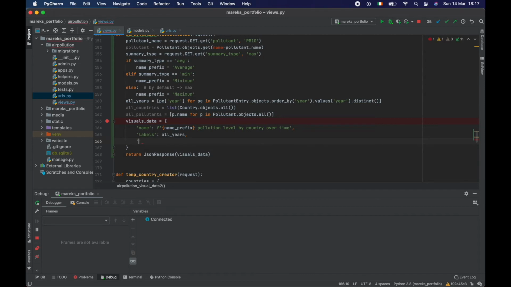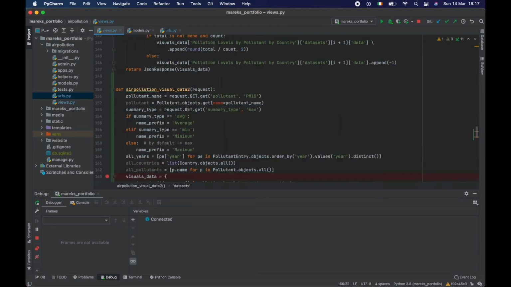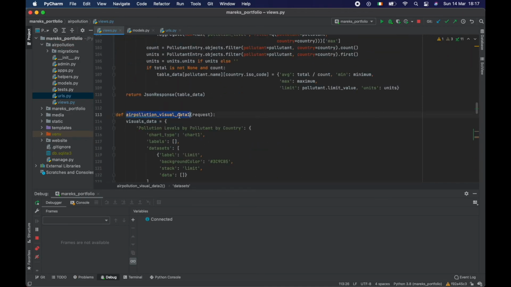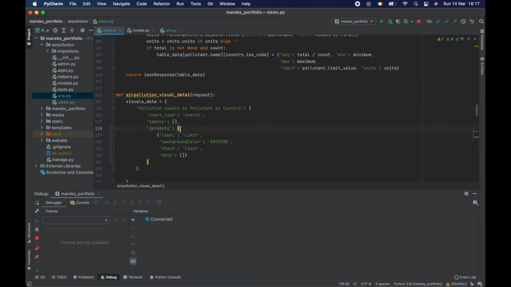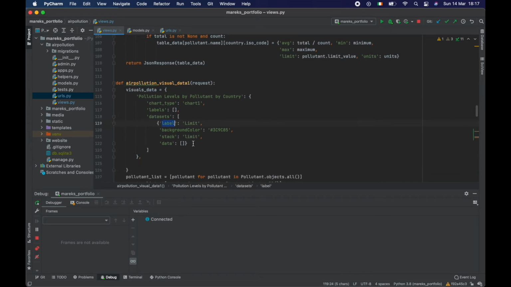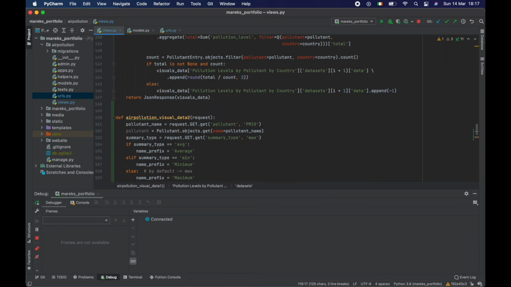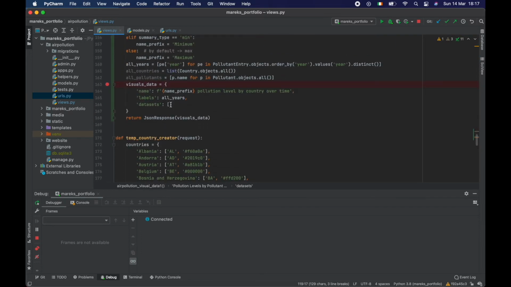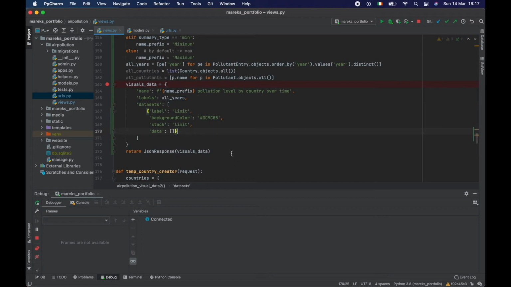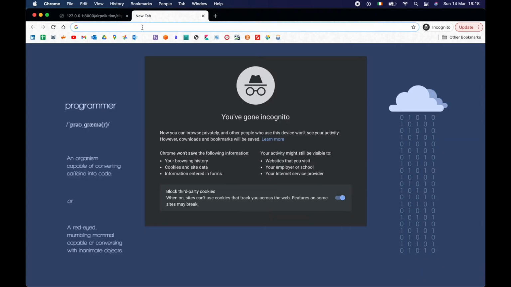Again, quotation, data sets, and in here that's going to be a list, exactly like in the data one. So we had those different data sets, and I also want to have the limit. So I'm going to copy it and put it in here. Okay, and now I need to have a look at the visual that I want to use. And what I want to use, I'm going to go to